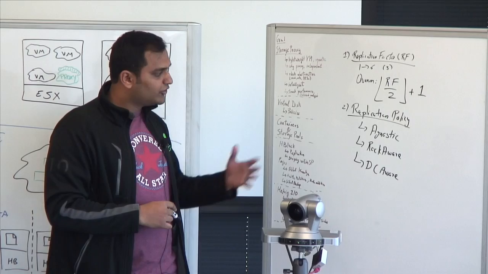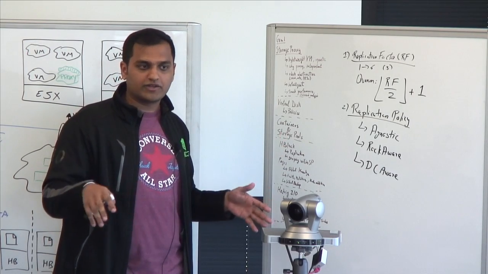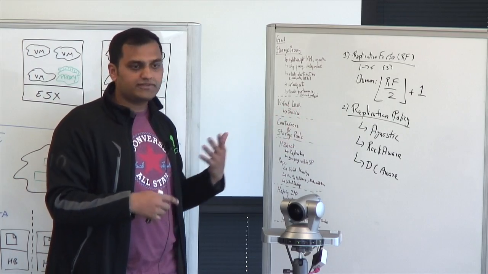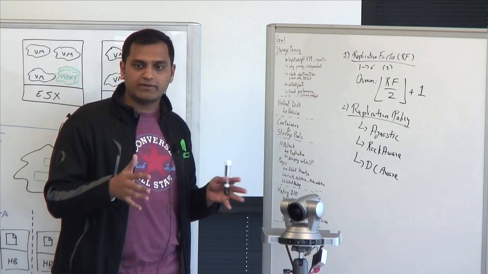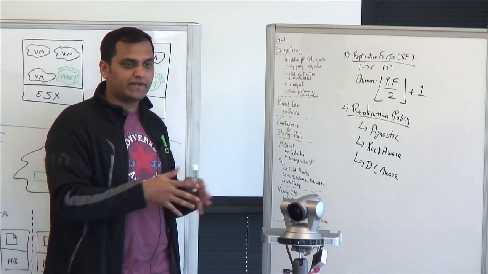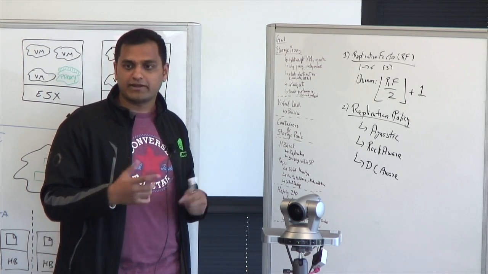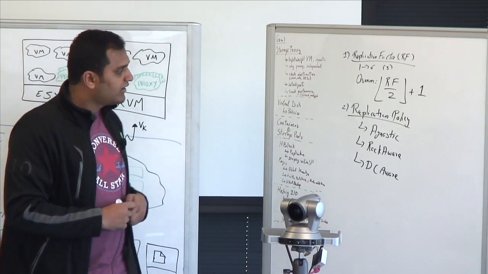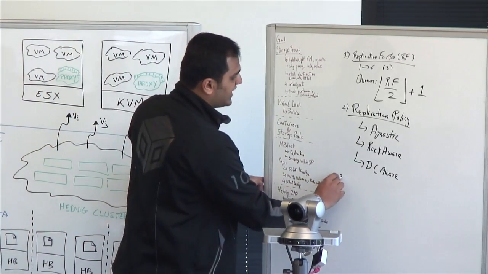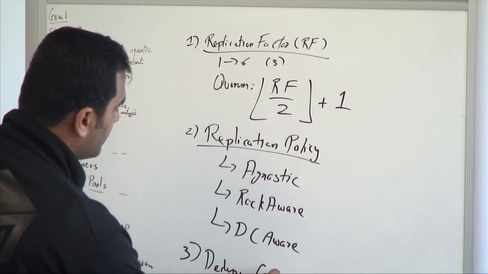As we'll see later, the system is very good at balancing the data across the cluster, but what this allows the user is to have some modicum of control over where the data resides, so that there's a good balance between spreading the data across the cluster while still adhering to certain restrictions that the user might want to place. Right? And third, we have dedupe, compression,